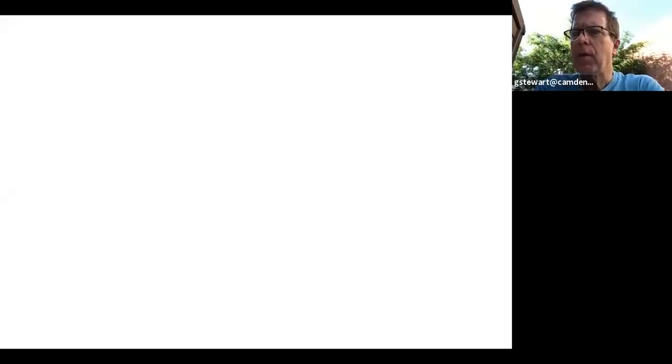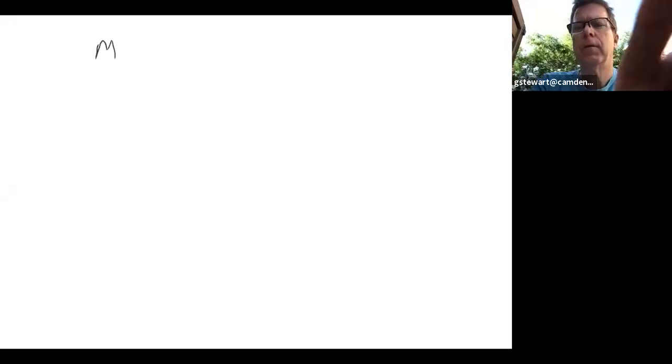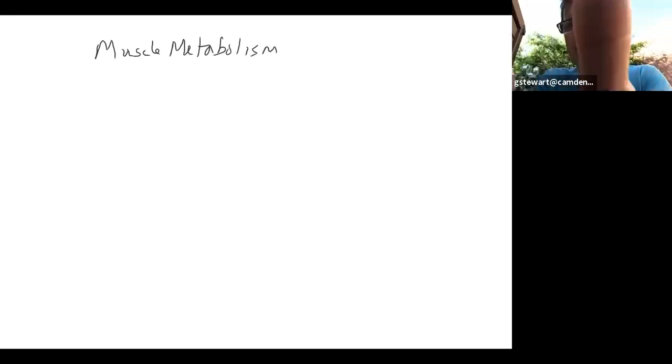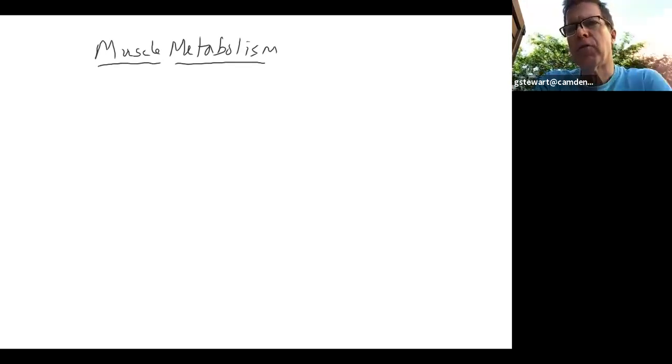So I'm going to go to a whiteboard right away, and I'm just going to list this as muscle metabolism. I don't have my textbook with me here at Panera. So I'm just going to go over muscle metabolism. First and foremost, muscles can store